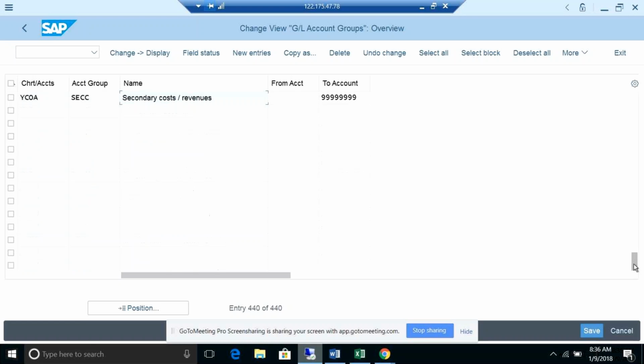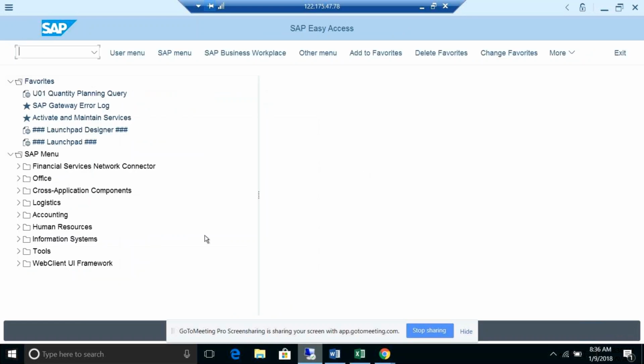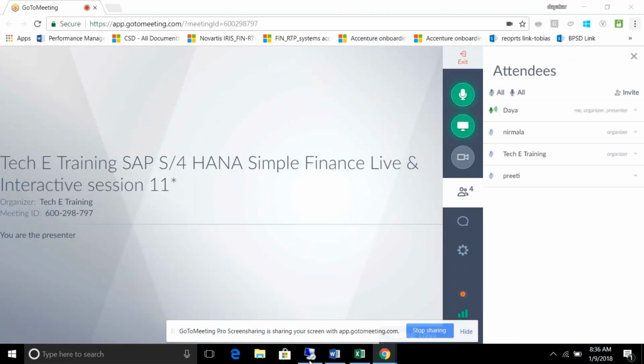So I created in all the things, so it is taking. But one thing is you can create it at your chart of accounts level. And the second thing is you can